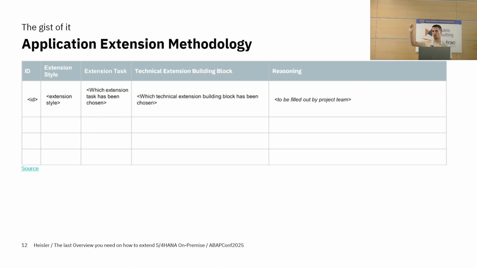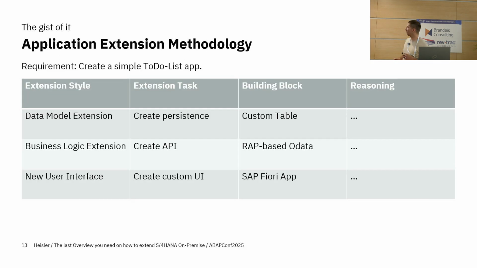So we have our functional requirement. Afterwards, we can break it down into these different building blocks, add a reasoning why we chose that. For example, if we chose a classic extensibility approach, there's hopefully a reason why we did that. Another example how this could look like, this is a very basic example. Create